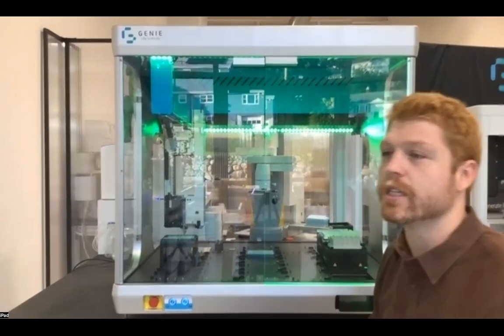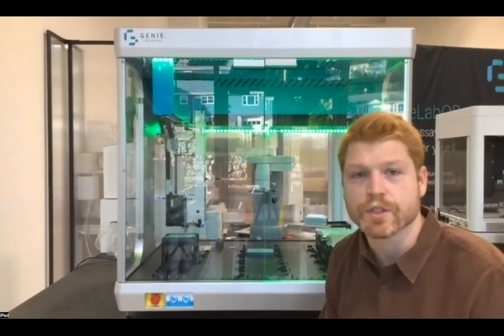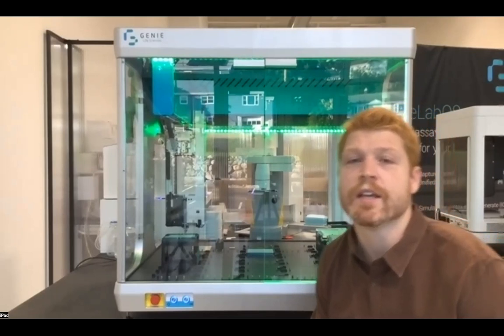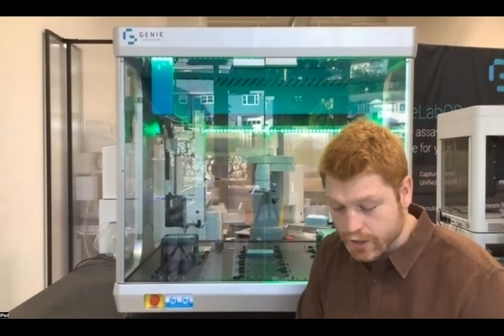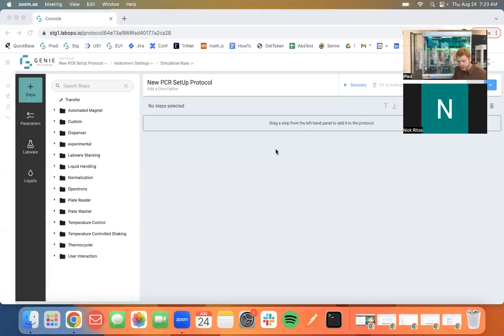And afterwards, we can continue that abstraction with showing some of the other devices that Genie LabOS is able to control and showing some of the expert features that allow you to code how you're going to control these outside of our normal, very easy to use UI interface. So what I'm going to do first here is pop up our software and just show you what it looks like to be able to perform simple applications on the Genie